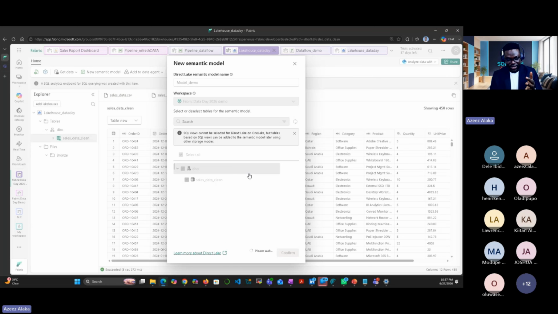Remember what we have done now? We have collected the data using pipeline. Then, stored on Lakehouse, we have used Dataflow Gen 2 to wrangle the data. And now we are creating a semantic model. Three different things. Okay, it's creating it. We are almost getting to the end part, which is creating our visualization. So on the model, once the model is created, we are going to create some simple measures. Then we return it to a Power BI report.